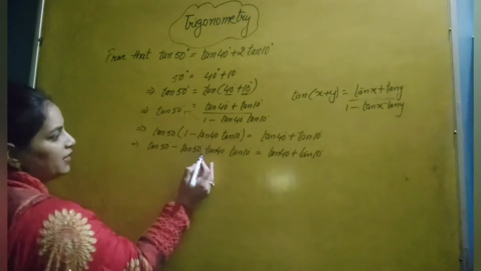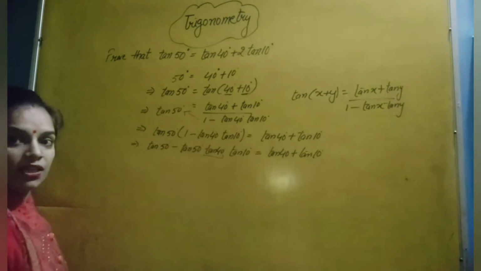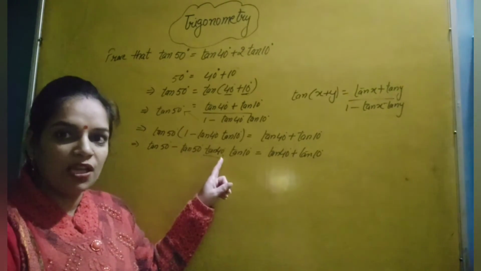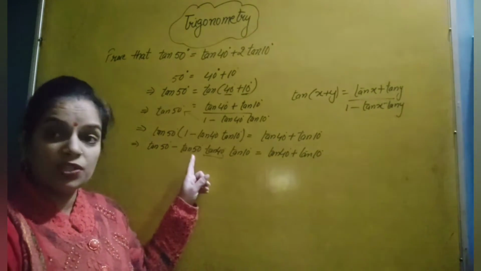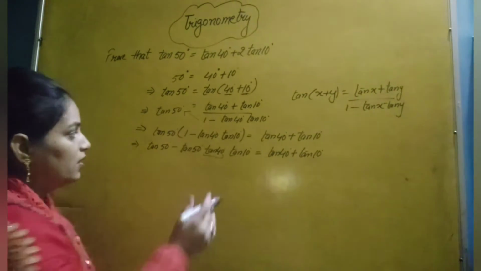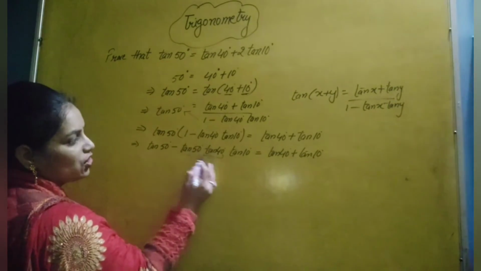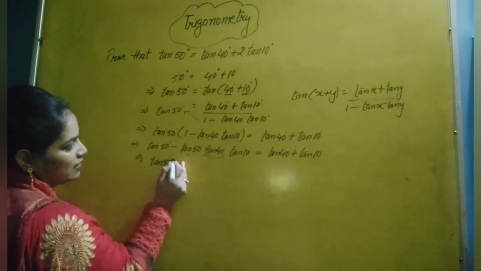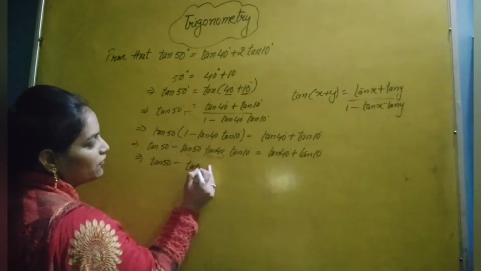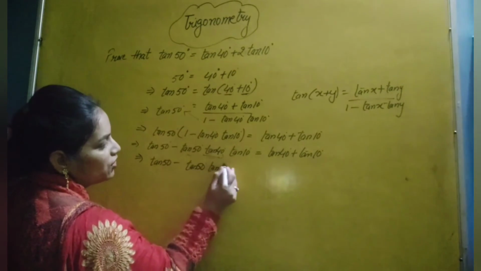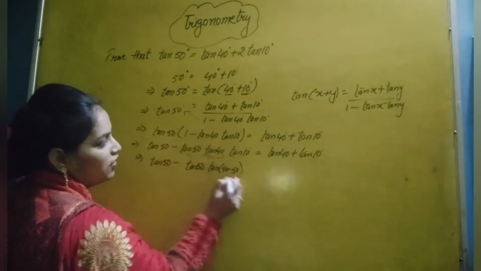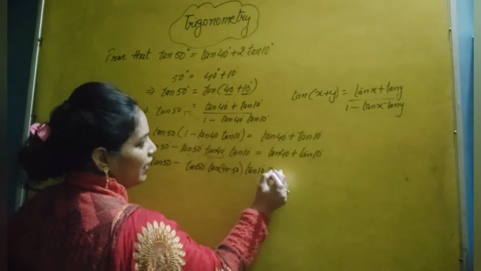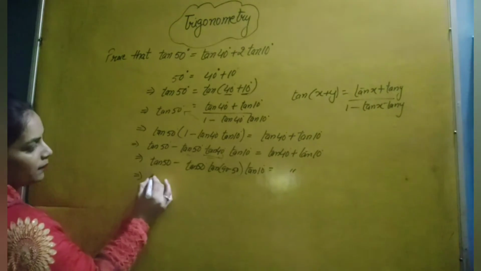Now in the left hand side, I will change tangent 40 degree into tangent (90 minus 50), because in place of 40, I can write 90 minus 50. Same as, if you want, you can change tangent 50 instead. From these two quantities, we will change only one into another. Tangent 50 will be same. This tangent 50 is also same. In place of tangent 40, I am taking 90 minus 50 because 40 is same as 90 minus 50. Tangent 10 degree is same and right hand side is also same.